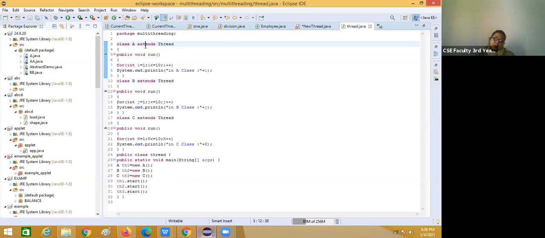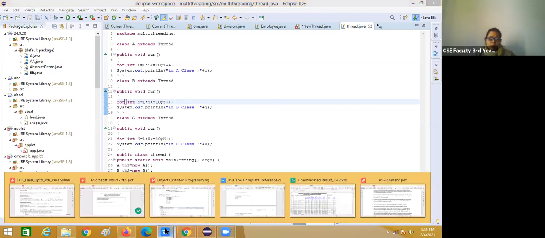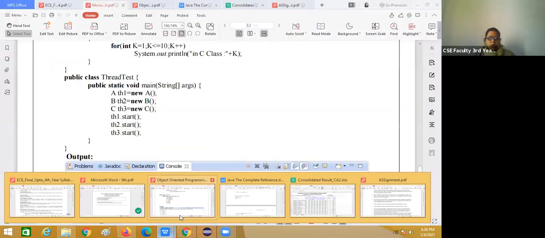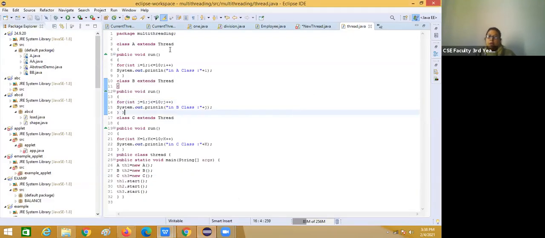Here I have written this one by extending. Now this is your task: I will give you the question. You have to create multiple threads by implementing the Runnable method. Okay, so this is your task.